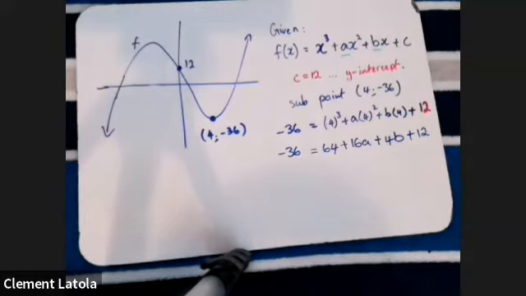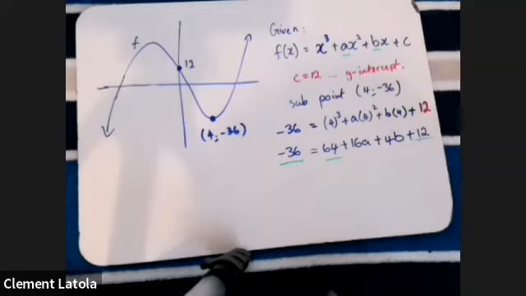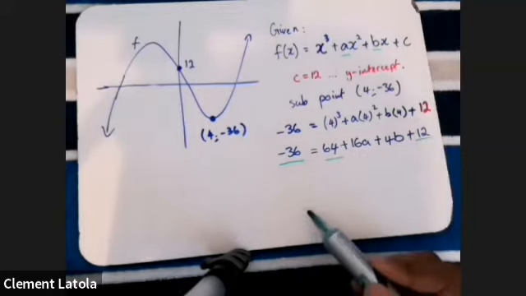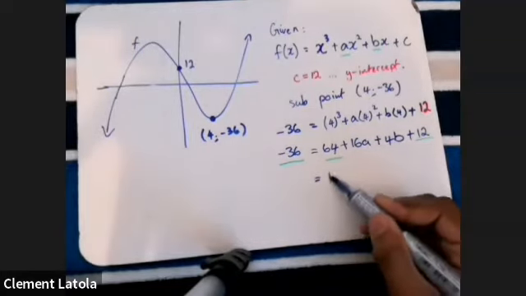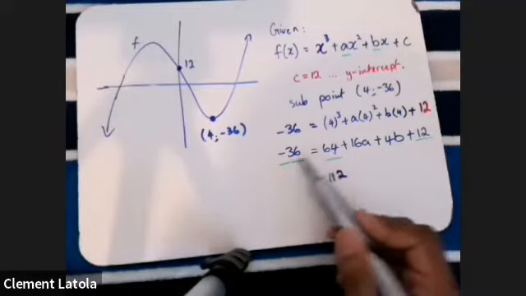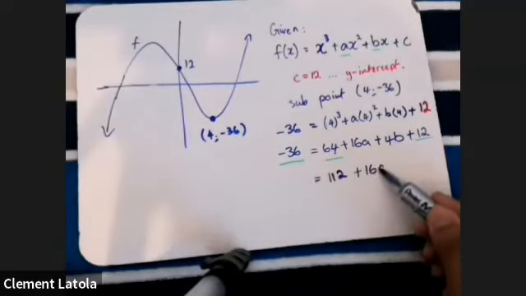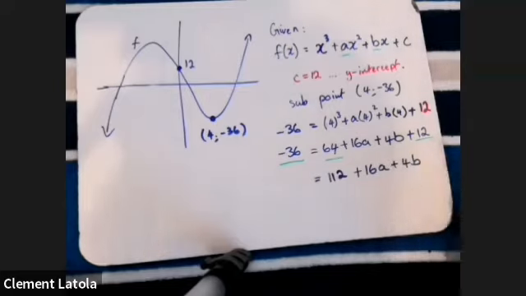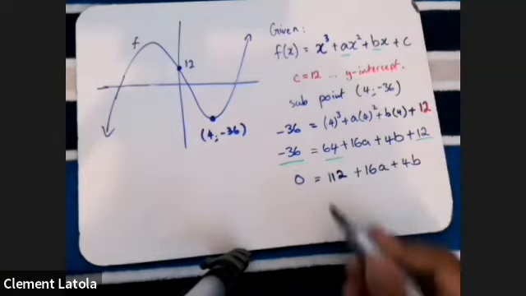Now, what we can do is add our like terms. Here is a negative 36. On the other side is a 64 and a 12. We can add these up, and then take the 36 over and add it to that as well. If you add up all the numbers, you actually get 112, because 36 plus 64 is 100, and then plus the 12 is 112. So we still have the 16a plus the 4b. I'll have 0 on this side. If I divide everything by 4,